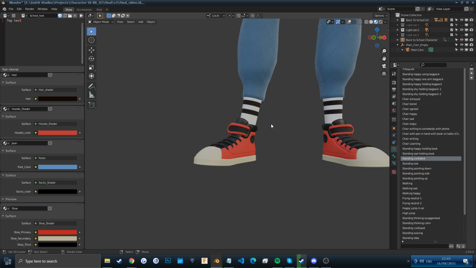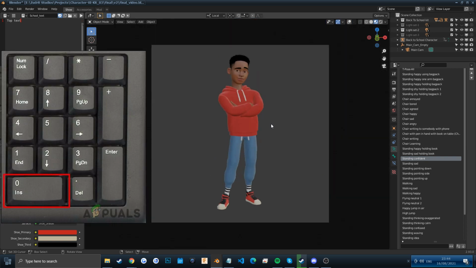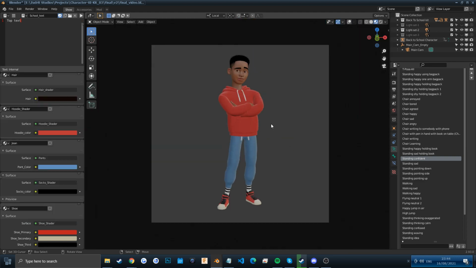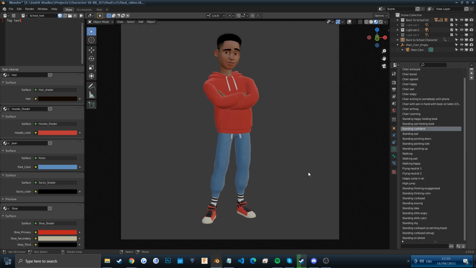Now, if we want to go back to the camera view, we'll press 0 on our numpad. If you have a keyboard with a numpad on the right side, with the numbers, just press the 0 on it and you'll go into the camera view. Okay, now at this part, we will be changing the colors of the character,